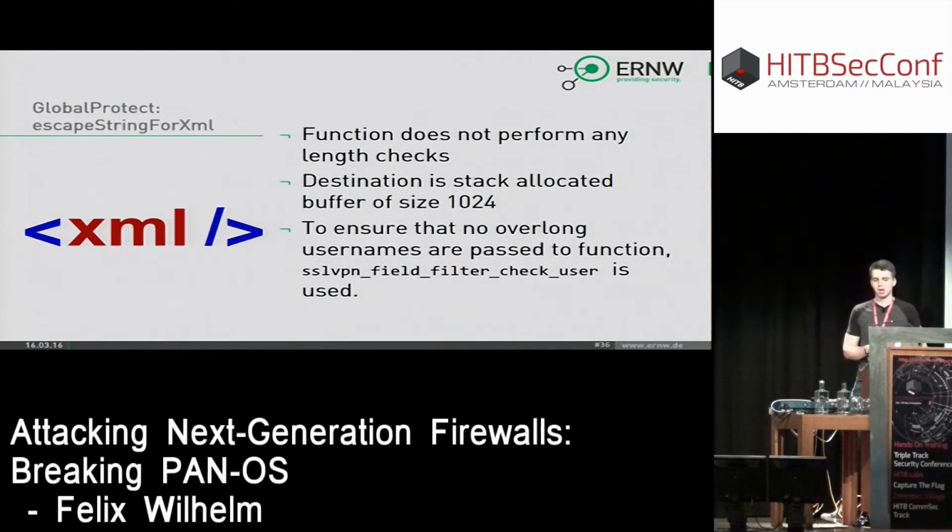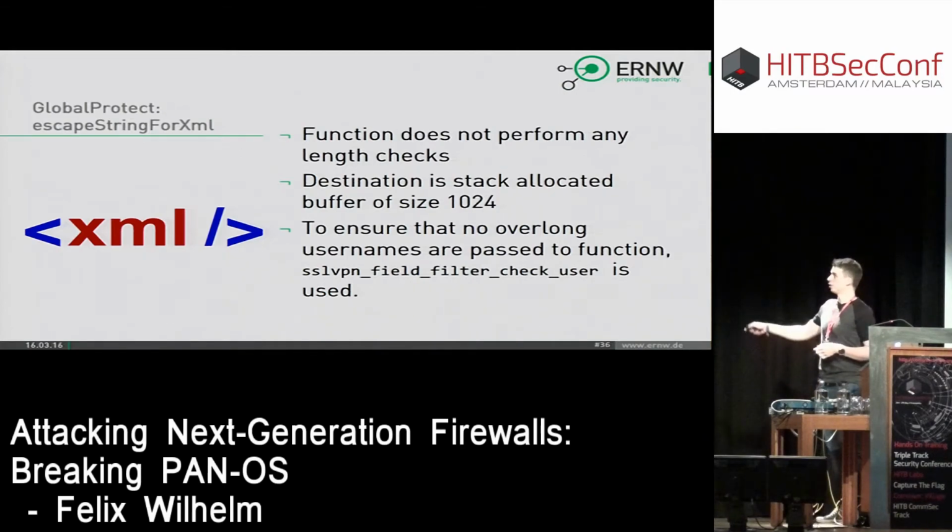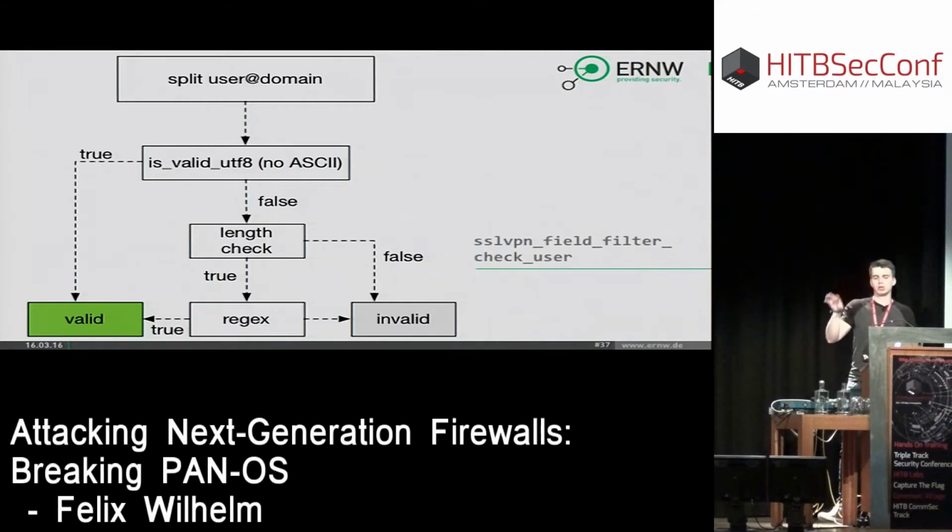It's not that easy, because before this function is called, they execute a function called SSL VPN field filter check user. This makes sure the username is valid. By default, it checks that the length of the username is under 250 characters or so. So normally you are not able to overflow this escape string for XML function, because the check function will protect against that. However, if you look at the actual control flow of this user check function, you will see some